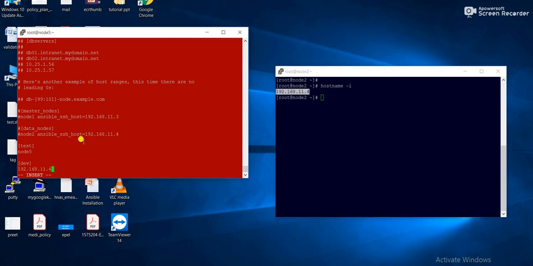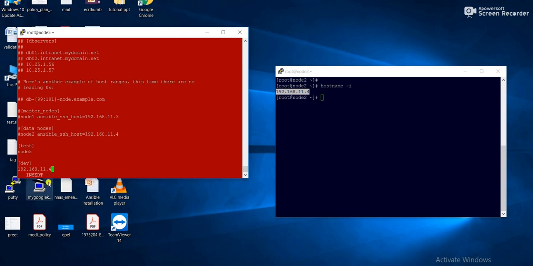So why are we grouping? Suppose I need to install some packages in the development environment which need not be installed in QA. So I will keep the dev servers in the dev group and the test servers in the test group, so that when a requirement comes to install a package in the test environment, I will run that command in the test environment only, not in the dev environment. That's why the segregation is needed.